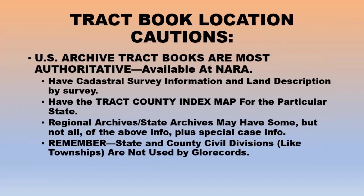They are, again, the U.S. Archive tract books. They are the best because they have the cadastral survey information, land description, and they have the maps for the particular state. And the maps are just the very best. Some of our regional archives, like those out in Seattle or down in Denver, may have some of the information. Sometimes they do have a pretty complete tract book, and they may not have all of those special case pieces